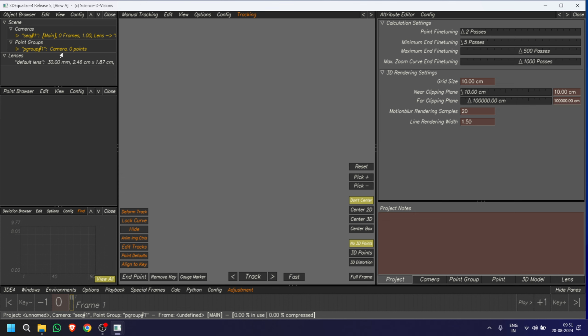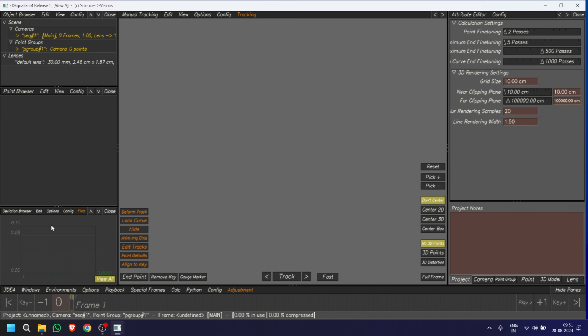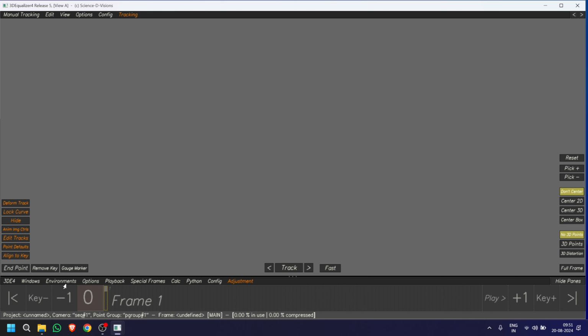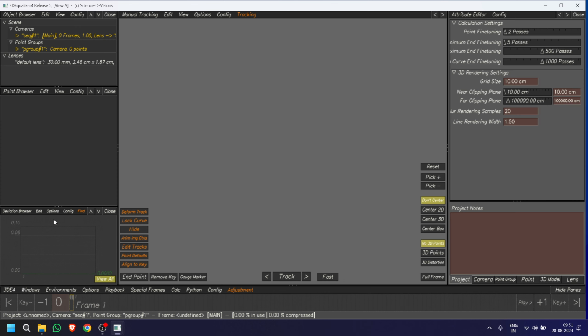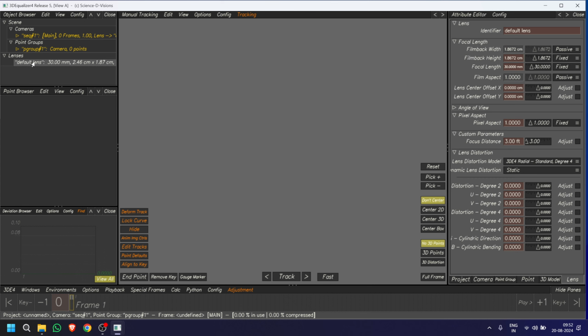So the first part is you check with the bottom line environments, which tab you are looking at. By default, what is it showing? 2D or manual tracking part or something. I'll go with something called basic, which will give most of the things required for us. Default is this. I'll go with basic. Cameras, lens,